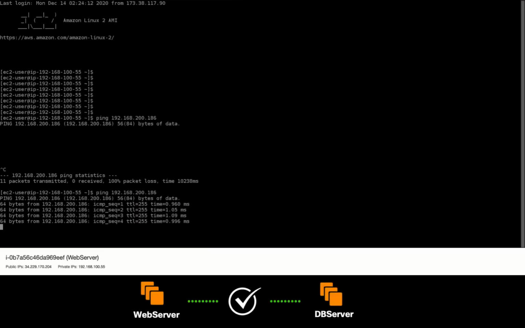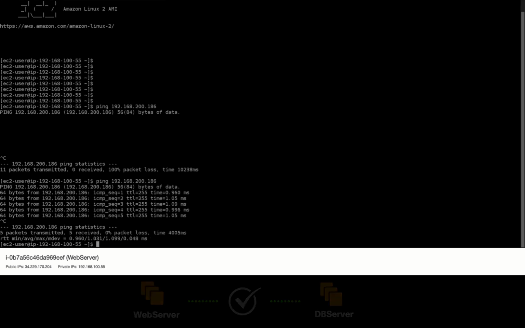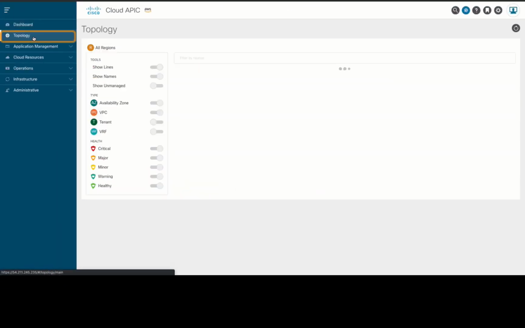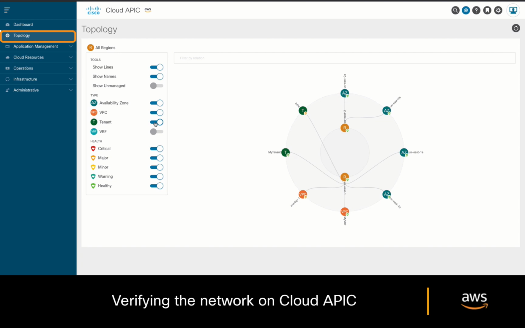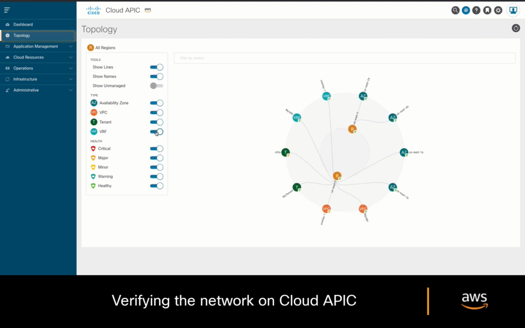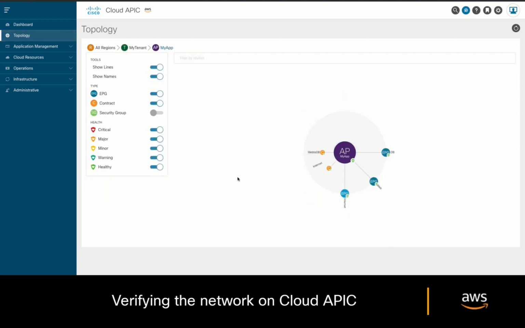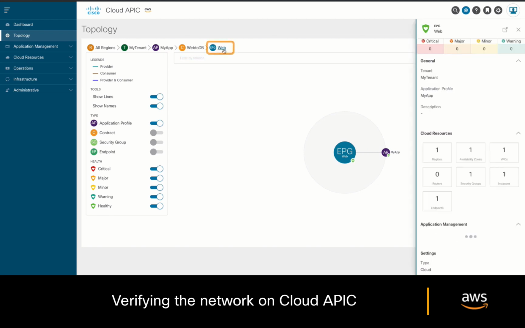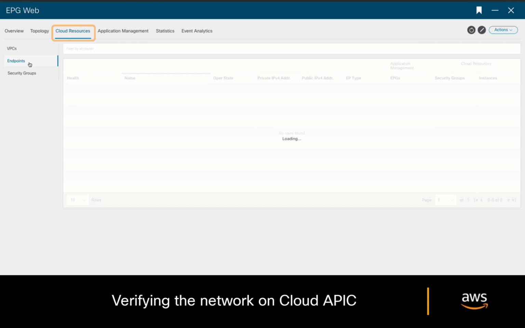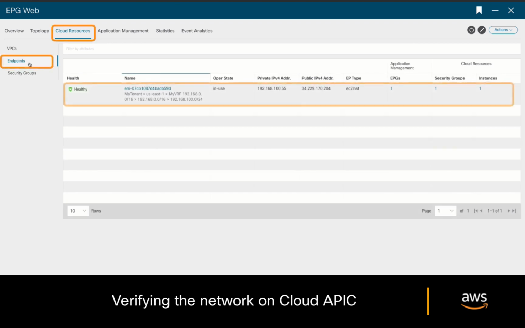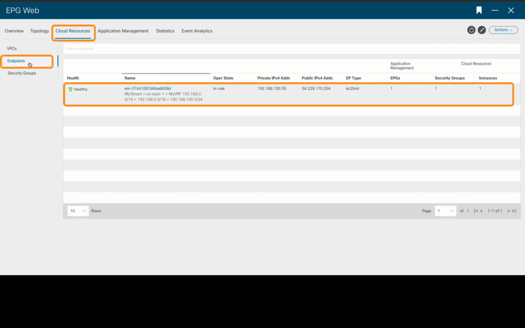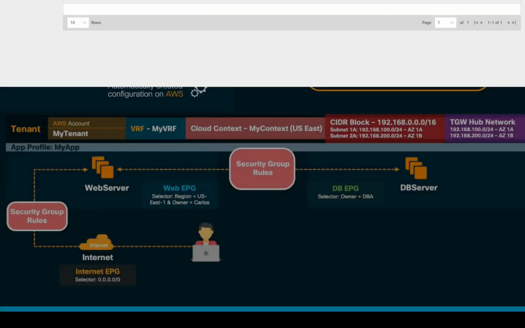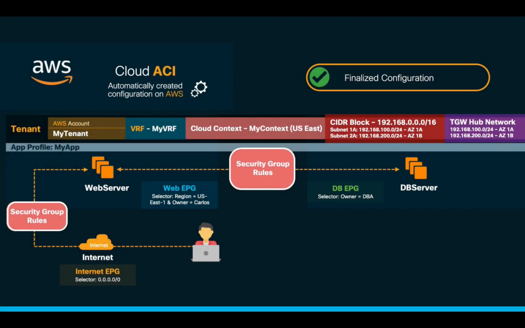If you want to verify your configuration in Cloud APIC, you can always go to the topology section where you can see your tenants, VRFs, EPGs, contracts, and if we click on an EPG to maximize its related information, we can also see the cloud instances correctly associated to it. It all seems to be working fine now, and our objective has been met for a single tenant and VPC